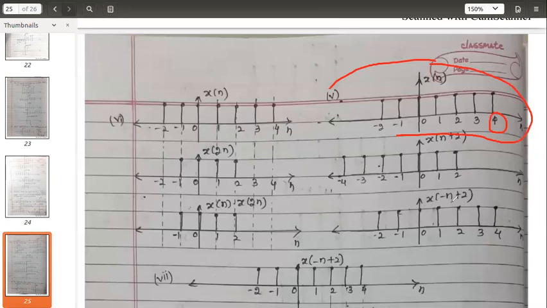Now x of minus n plus 2. Two operations are involved: shift first and then scale or reverse. So shift it by two amounts. You have plus 2, so plus 2 indicates a left shift by two amounts. So let's do that. If I shift the signal to the left side